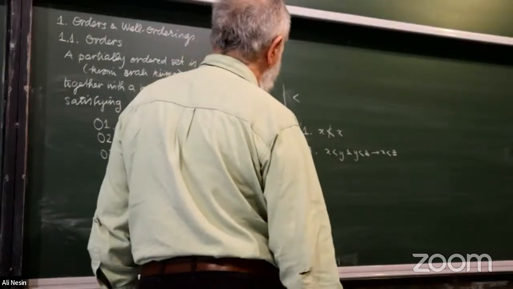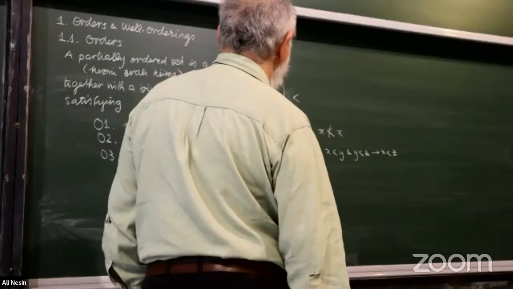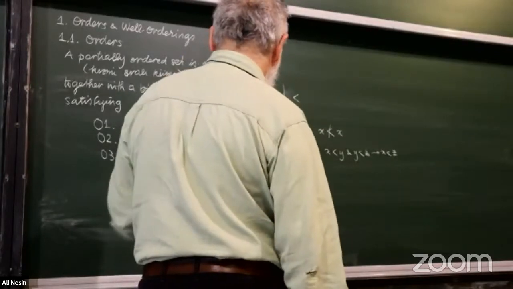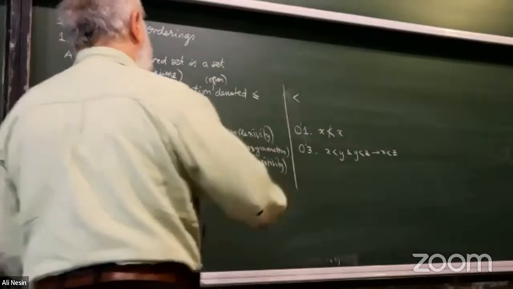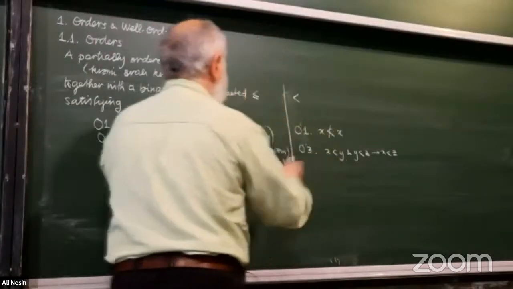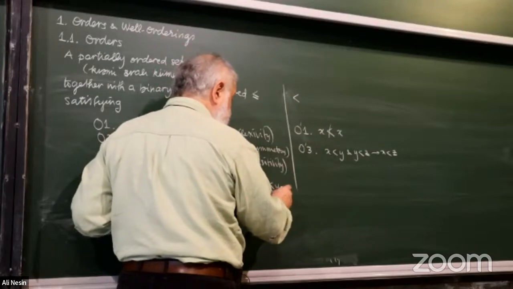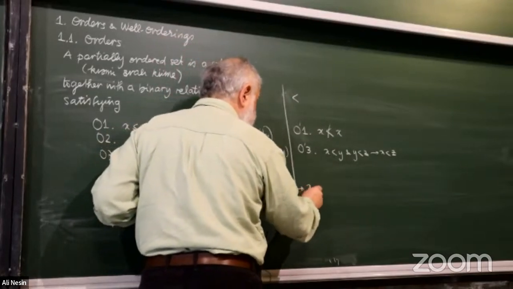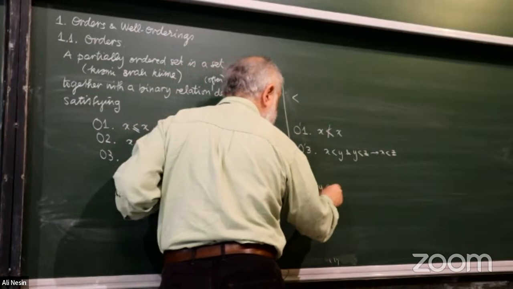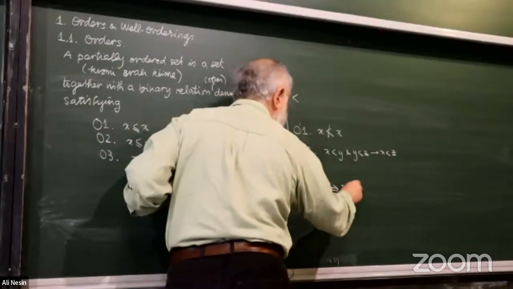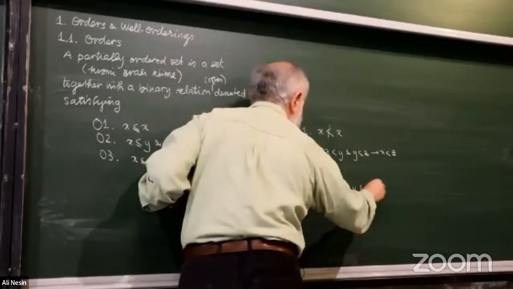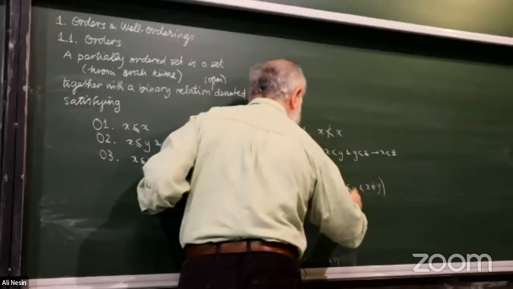Yes, that's it. Only two axioms here, if I'm not mistaken. You see, we can pass from here to here and from here to here very easily. If you have x less than or equal to y, then you can define x less than y by saying x is less than or equal to y and x is different from y. You can define it this way.